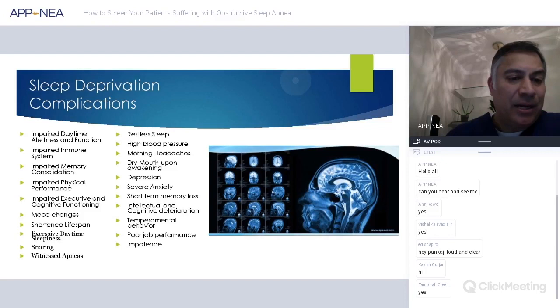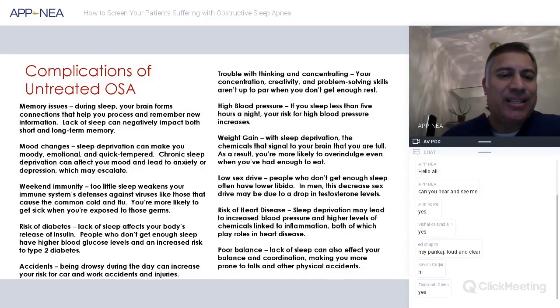We also have impairment in physical performance, and impairment in executive and cognitive functioning. So just think about all the times that you didn't really get a good night's sleep, and just magnify the complications, like mood changes, excessive daytime sleepiness, restless sleep, high blood pressure, morning headaches, depression, severe anxiety, short-term memory loss, intellectual and cognitive deterioration, temperamental behavior, poor job performance, and even impotence has been linked to sleep deprivation, which is not as bad as when you're dealing with complications of untreated sleep apnea,